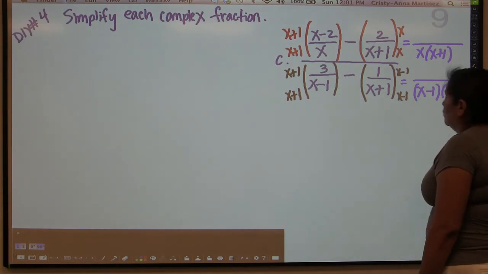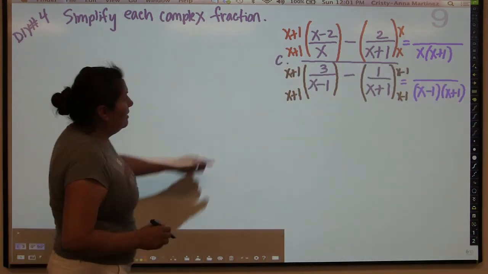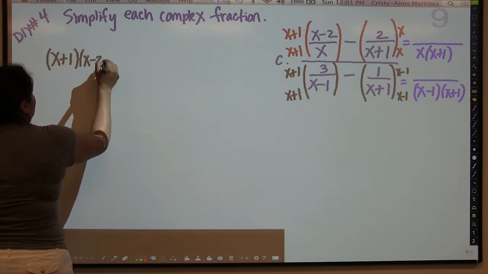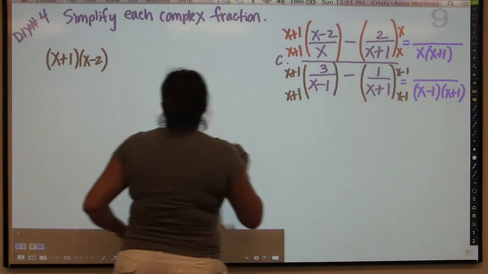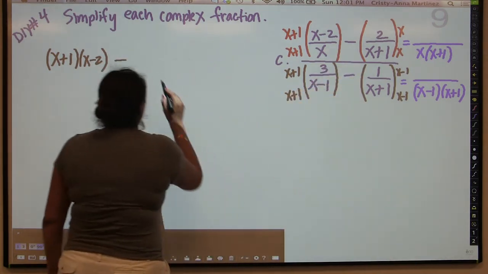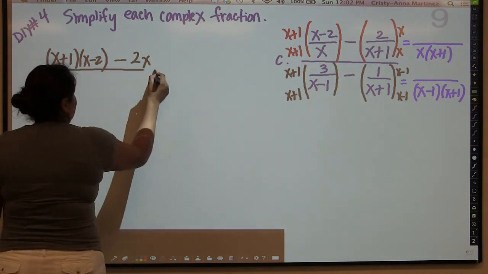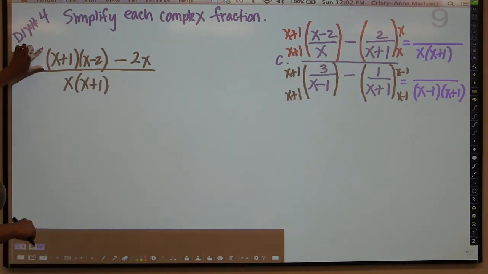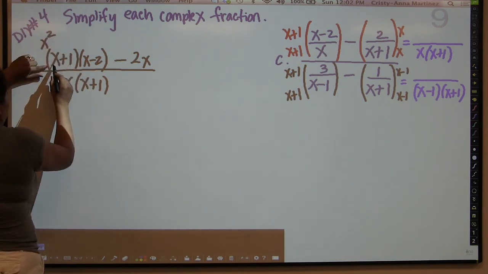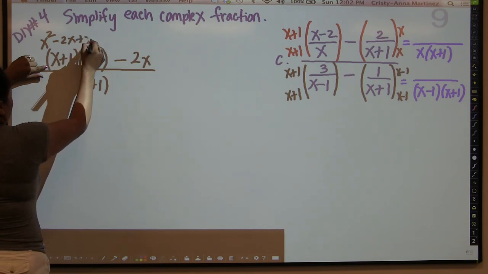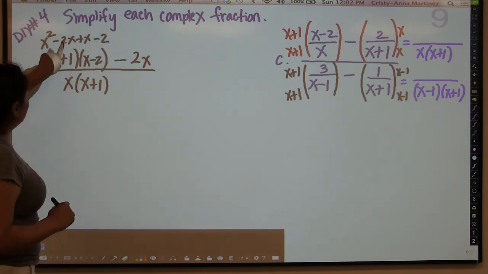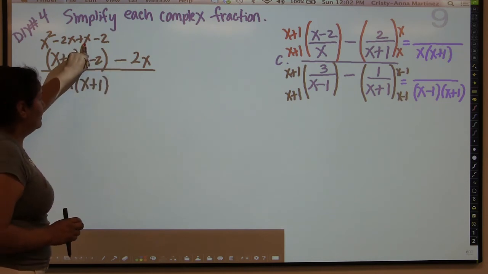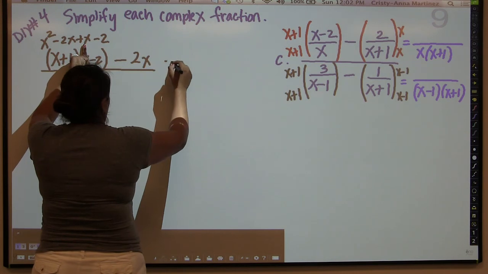Alright, so now when I go over here, where I have more space, I'm going to get x plus 1 times x minus 2. Then I have a minus, and then I have 2 times x. Okay? All divided by the common denominator, which was x times x plus 1. Okay? Now this part I can actually FOIL. First times first, outside times outside, inside times inside, and last times last. So when I combine this negative 2x with that negative 2x, that's negative 4x, and negative 4x plus 1x is actually negative 3x. So I get x squared